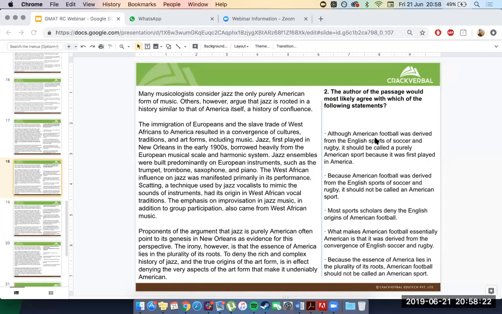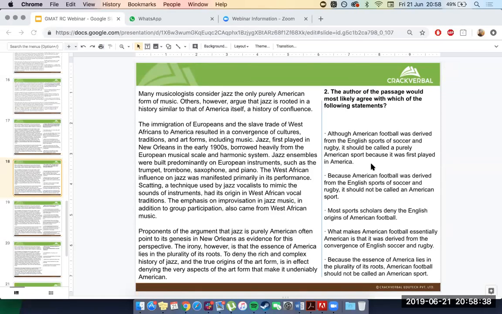Although American football was derived from the English sports of soccer and rugby, it should be called purely American because it was first played in America. Once again, that's not team confluence, so we can go ahead and get rid of that. Because American football was derived from the English sports of soccer and rugby, it should not be called an American